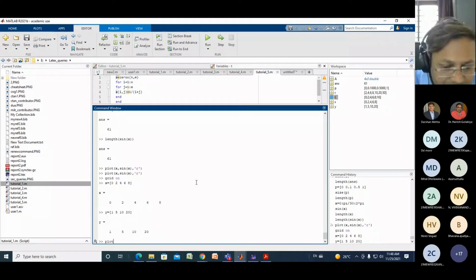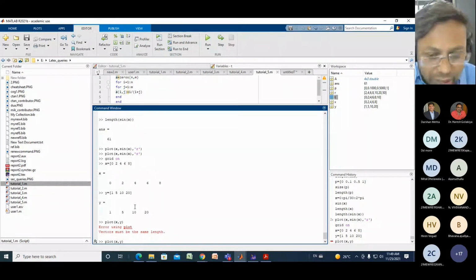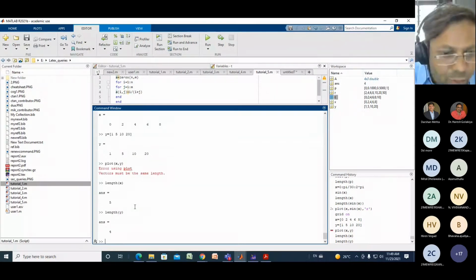Now if I plot x comma y, it shows an error using plot: vectors must be of the same length. So you need to check the length of x and y. There are 5 elements in x, but in y there are 4. So you cannot plot 5 against 4. You must have 5 elements.